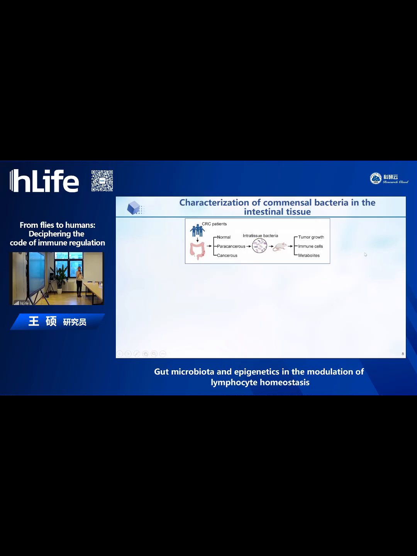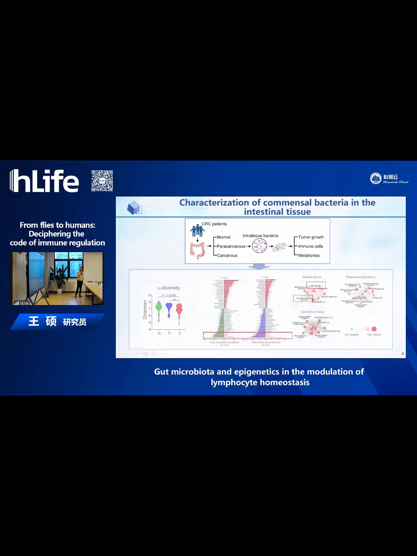And we did 16S sequencing to analyze the intra-tissue bacteria in these tissues. We found that Lactobacillus family bacteria, such as Dorea, Blautia, and Ruminococcus, are enriched in the normal tissues. In the community network analysis, we also found that Ruminococcus gnavus, Ruminococcus torques, and Blautia are part of the composition of this community network. This means that these bacteria may have some functions in the normal tissues.